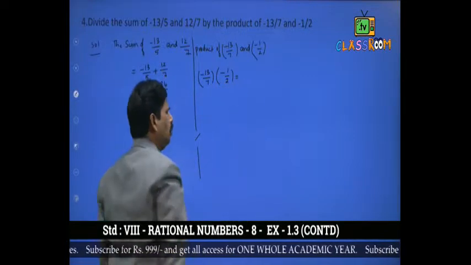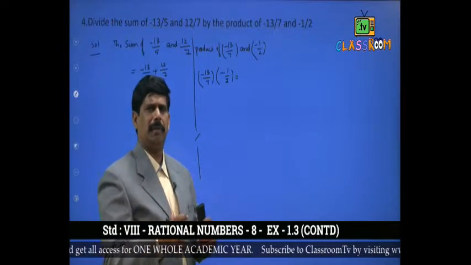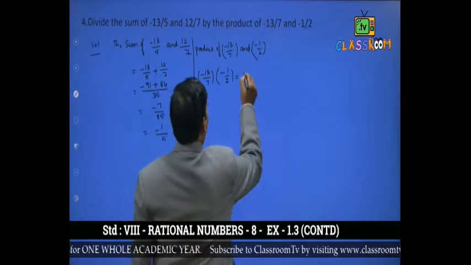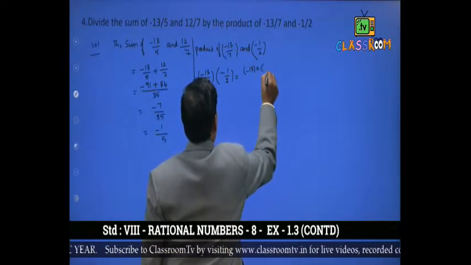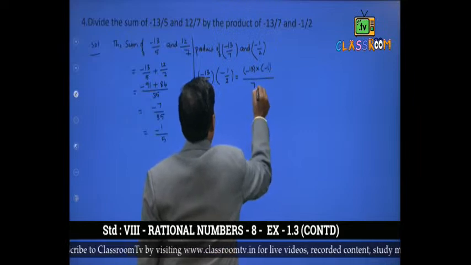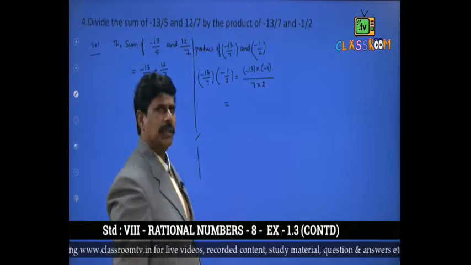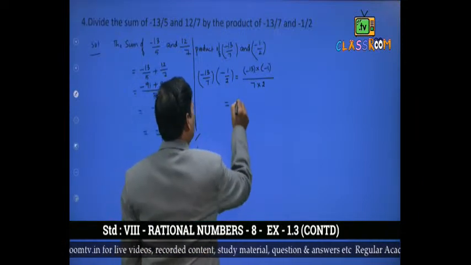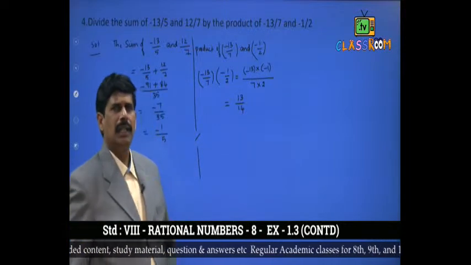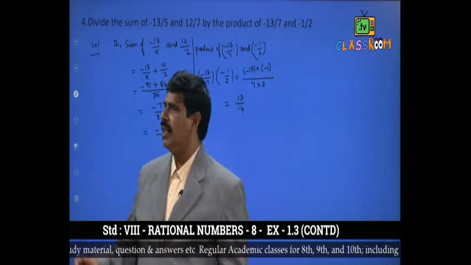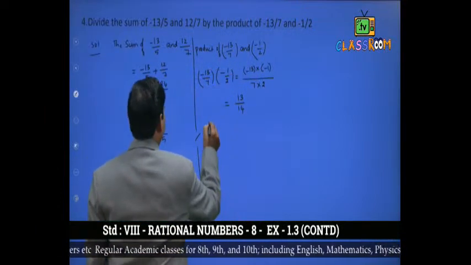So this is equal to, you know the rule of multiplication, multiply both the numerators and multiply both the denominators. Then this will be minus 13 into minus 1 by 7 into 2. So this is equal to minus into minus plus, 13 ones are 13 on 7 twos are 14. So this is the product. Now what is the given question? The sum should be divided by the product. So as per problem,